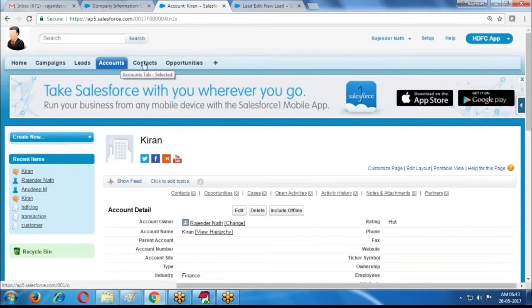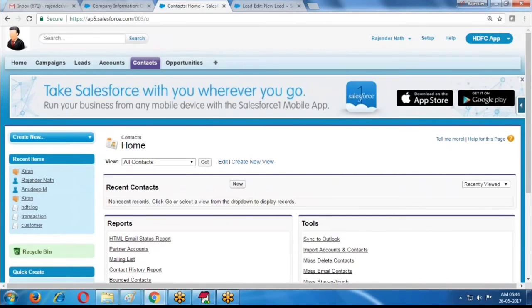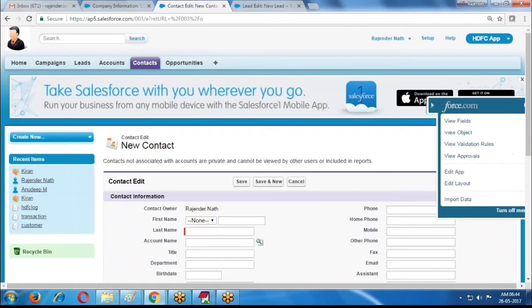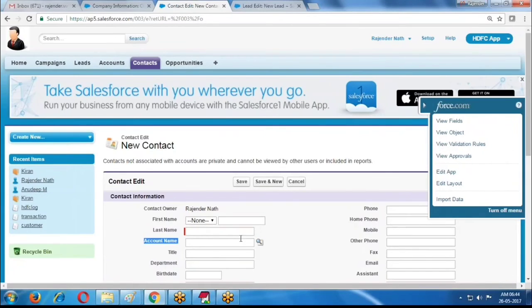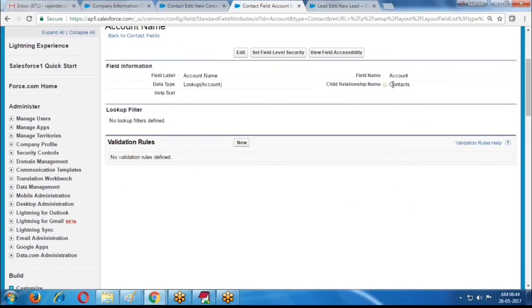And not only this, if you have a parent-child relation, the parent-child relation also uses the plural labels. Here, account name is one lookup relation, a lookup to some parent object. If I open it, there is a child relationship name. The child relationship name here is a plural label only: contacts.